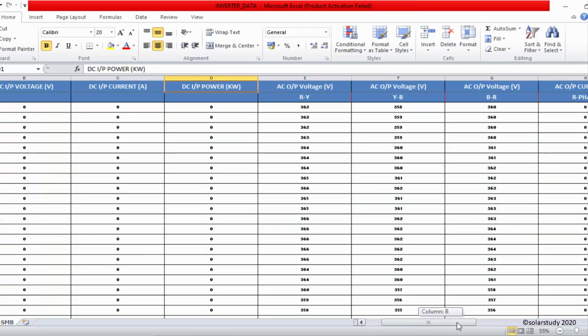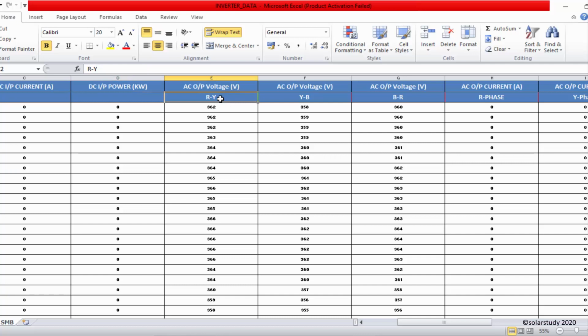Also in this one, you can see the AC output voltage at the R and Y phase. At the inverter output side there will be three phases, because we are feeding to the grid, so there will be a three-phase system, that is R, Y and B. So what is the output at each phase, R and Y?